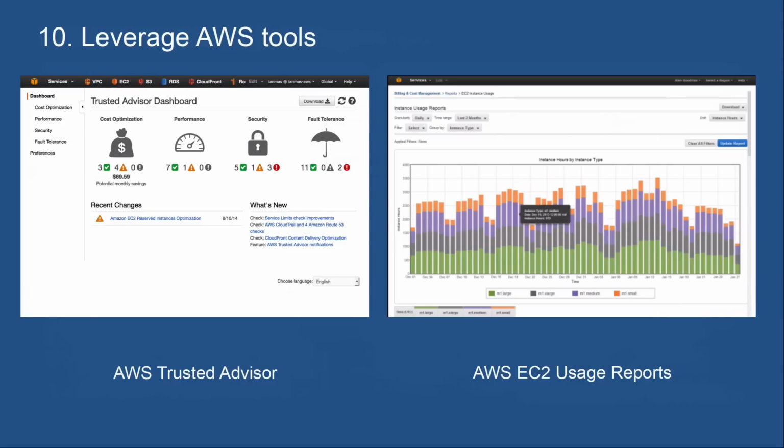And what it will do in the cost optimization is it will take a look at your utilization, and it will establish whether you have instances that are substantially underutilized, and if you do, it will alert you to that. It will take a look if you have instances that could potentially be converted to RIs, and you could make a saving by making that conversion. So it's a very worthwhile tool to take a look at.